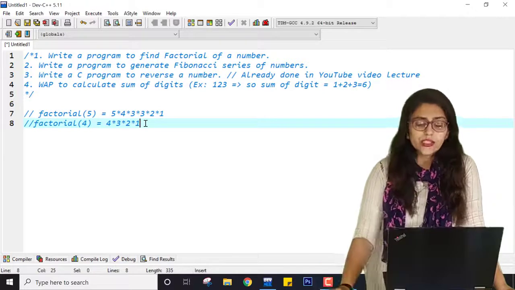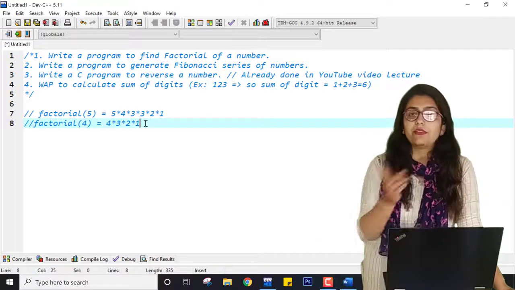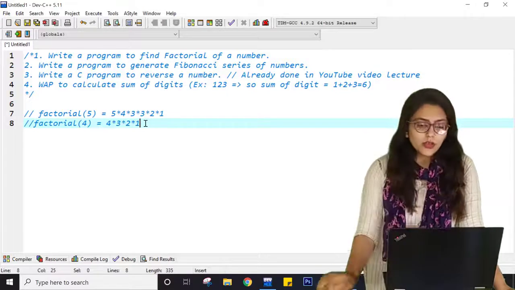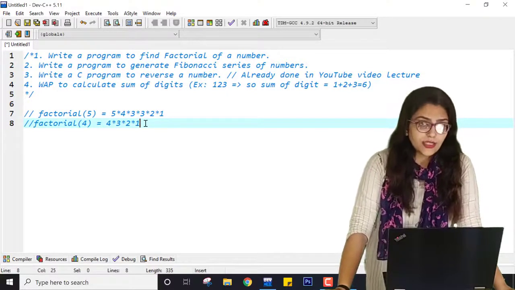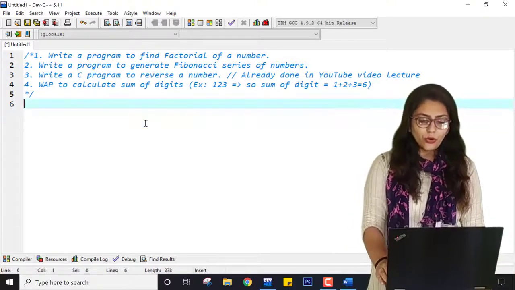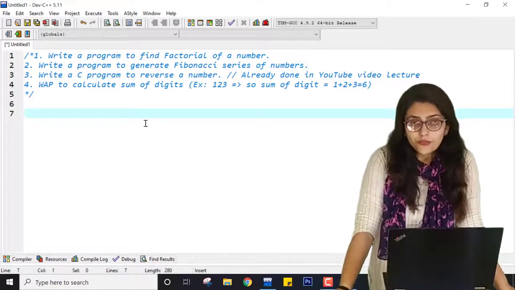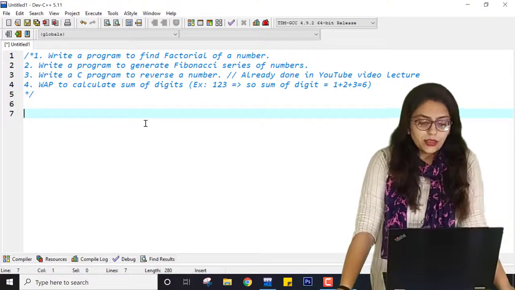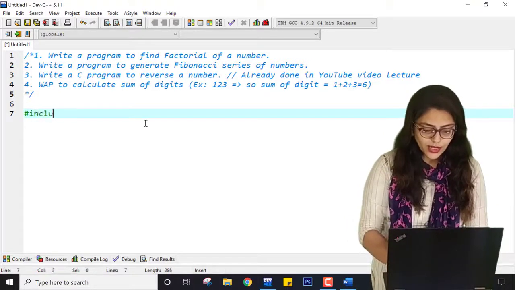So this program is nothing but a little modification of the program that we did in part 1 of these videos, in which I found the sum of the first k numbers, right? So if you know the logic of that program, you don't need to go further in this video to see the solution of this practical. You can just do it by yourself. But those students who do not understand can continue with this practical.